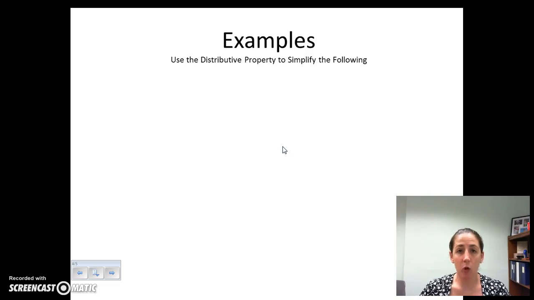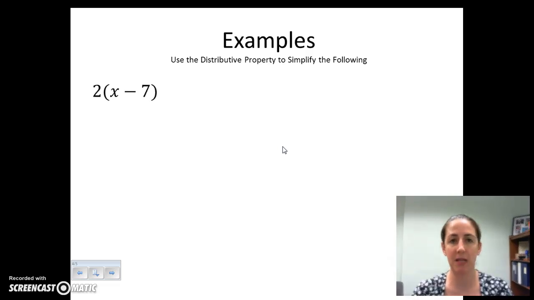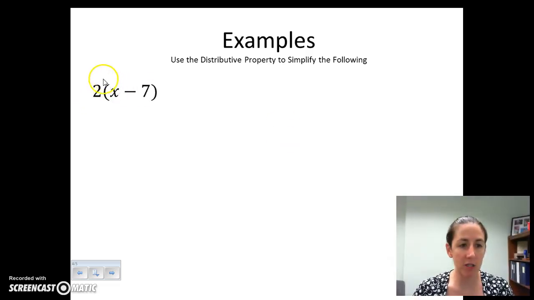Now let's talk a little bit more about that distributive property. When you have something lingering outside the parentheses, like 2 times x minus 7, you're going to distribute that 2. When you distribute, you need to be fair. Everybody that you're distributing to needs to get that number or variable or whatever it is you're distributing. You've got to be fair. So when we multiply this 2 in, we're going to multiply everybody in this group by the 2 to get